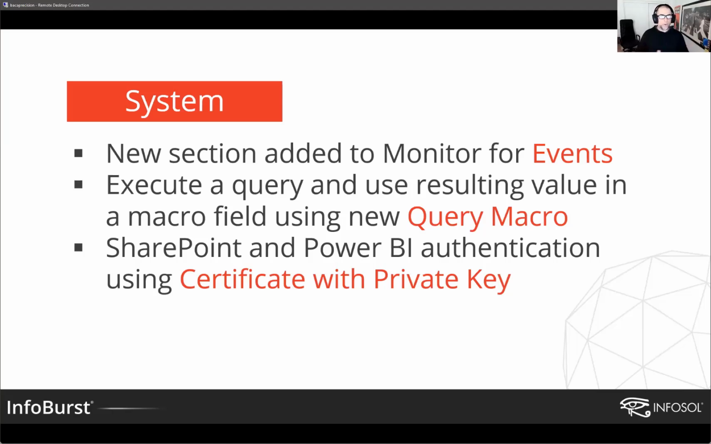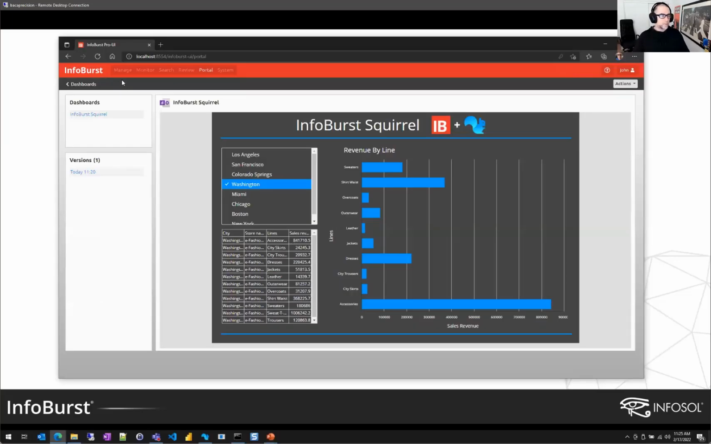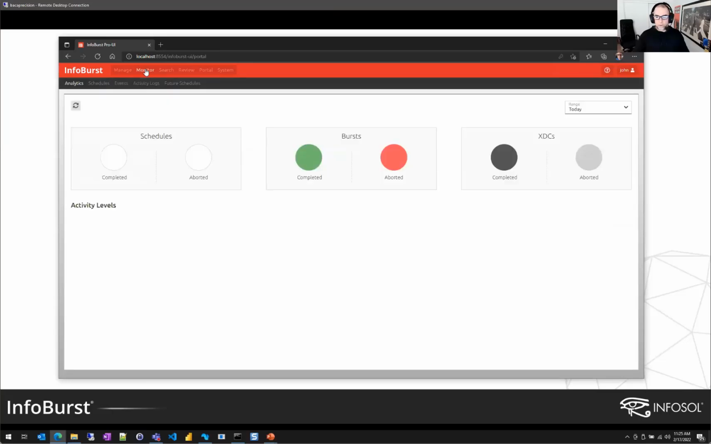So any macro-aware field. And then finally, we've added for SharePoint and Power BI platforms the option to use authentication with a certificate and a private key. So I'm going to show those first two to you in the UI. So let's go over here, and let's come out of the portal. All right, so first we're going to look at